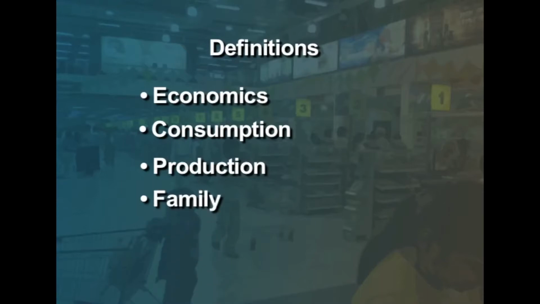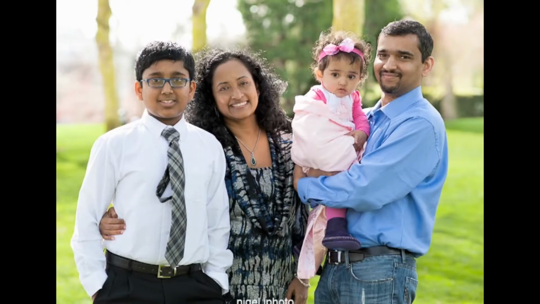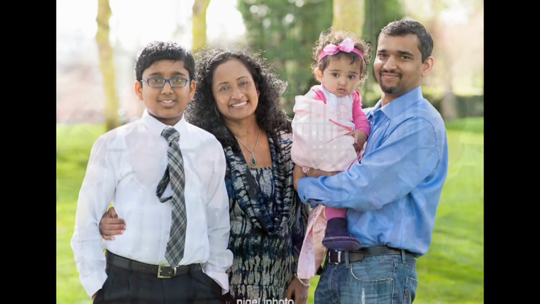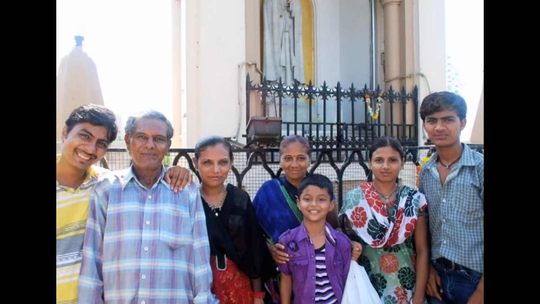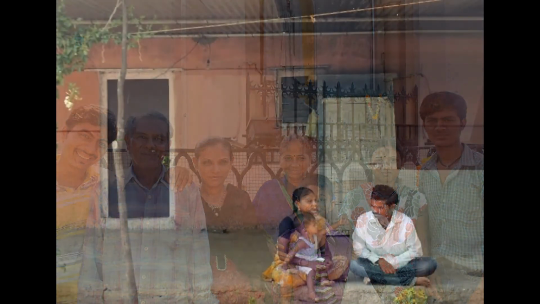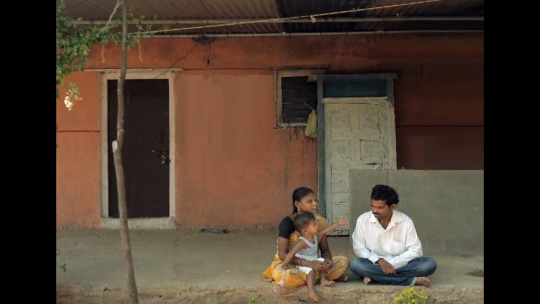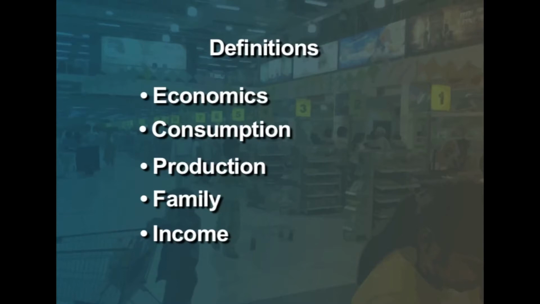Family. The fundamental social group in a society typically consists of parents and their children. A family is defined as a group of persons who are closely related by blood, marriage or adoption and who live under a single roof. Income. The amount or the equivalent received during a period of time in exchange of labor or service for the sales or the service that has been provided.